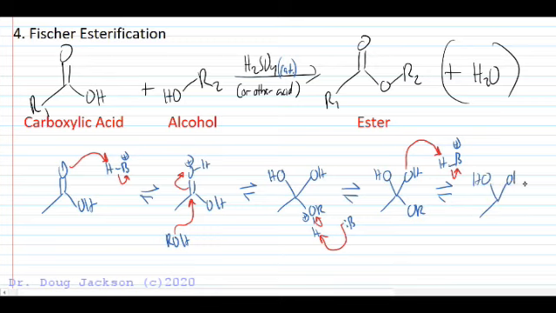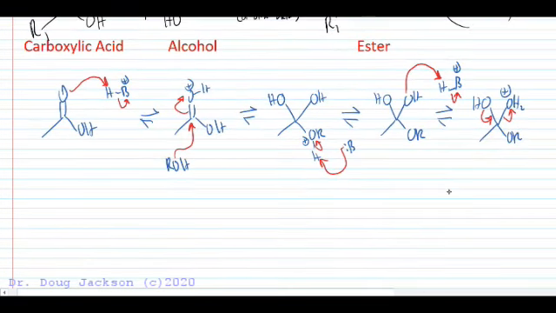Now we've got a good leaving group, water, that is different than what we started with, so that leads us towards the product. So if we reform a carbonyl with this hydroxyl, that kicks off water, our good leaving group. And now we see our ester starting to form. So we've got a protonated ester now